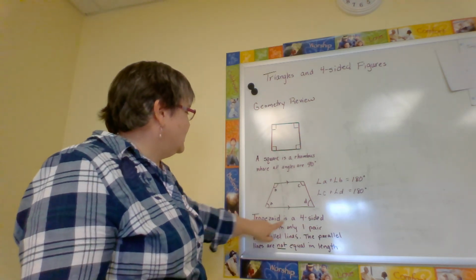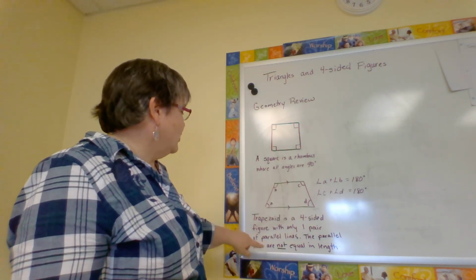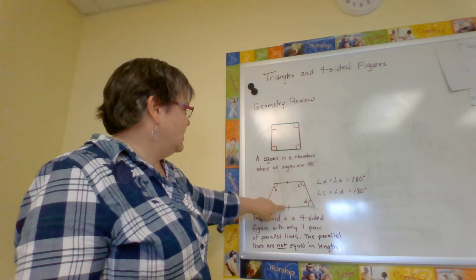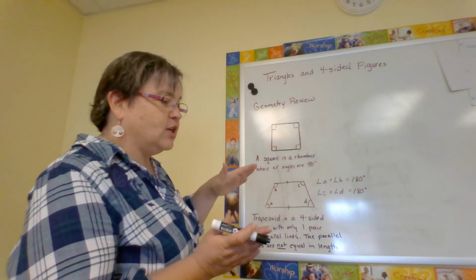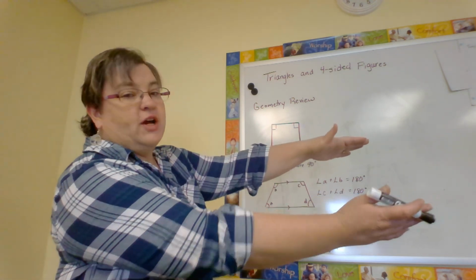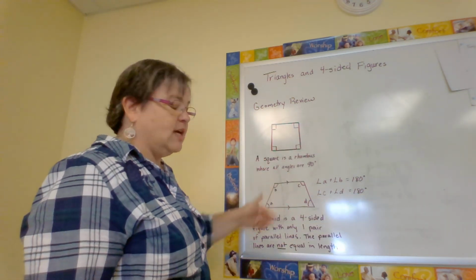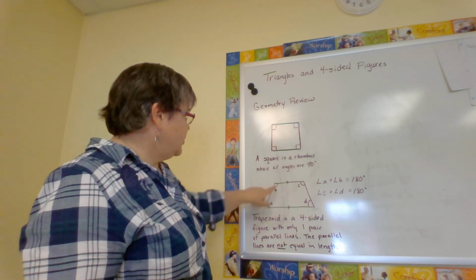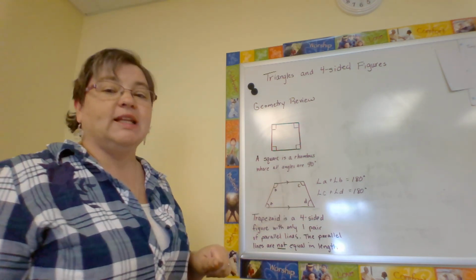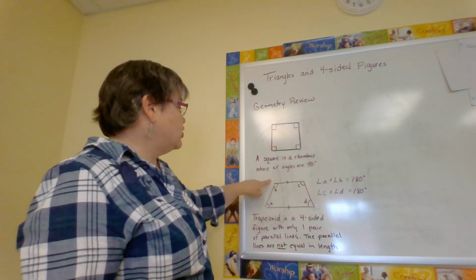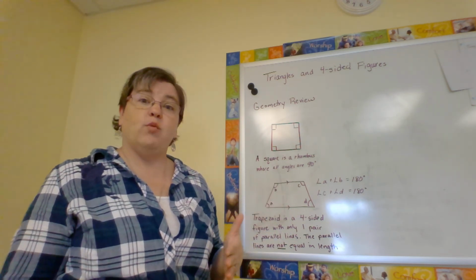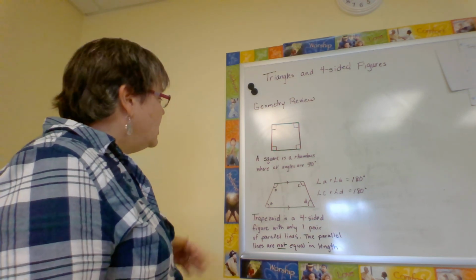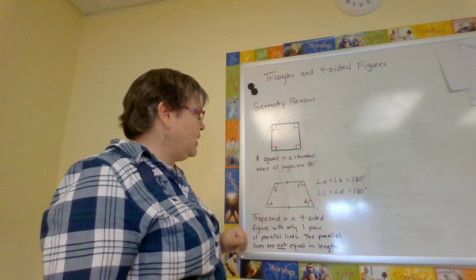The trapezoid is a four-sided figure with only one pair of parallel lines. These are the parallel lines. Parallel lines just mean two lines that go on forever and never touch, and they are the same distance apart. These parallel lines will not be equal in length. Let me say that again. In a trapezoid, the parallel lines will not be equal in length, because if they were, it wouldn't be a trapezoid. Now, in a trapezoid, just like in a parallelogram,